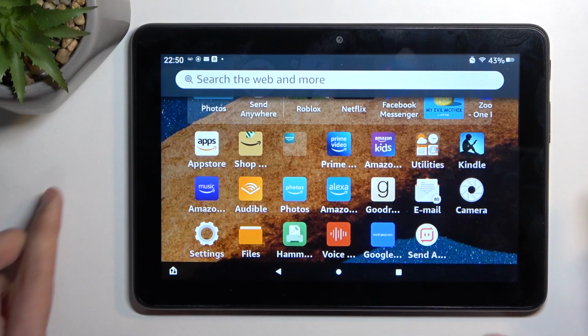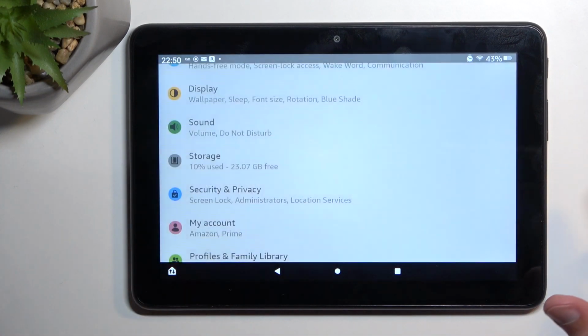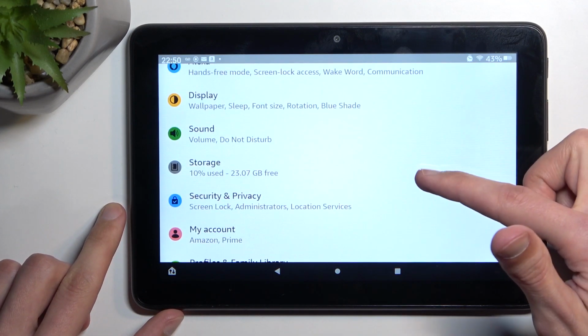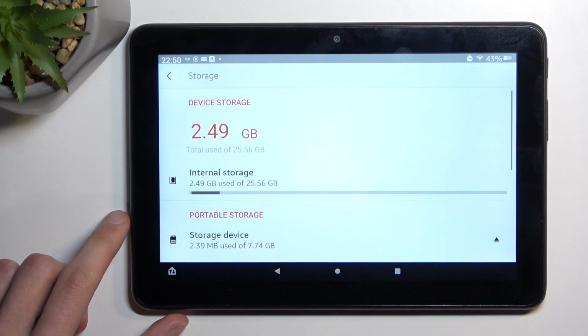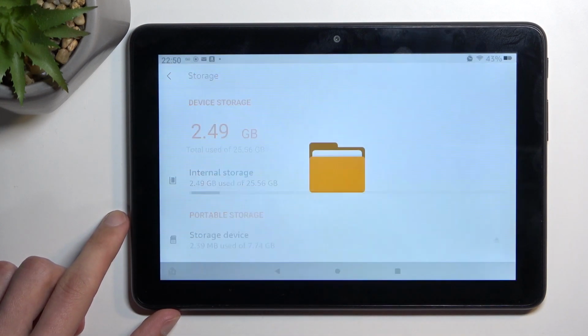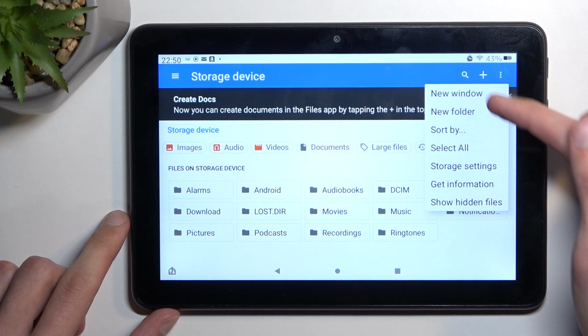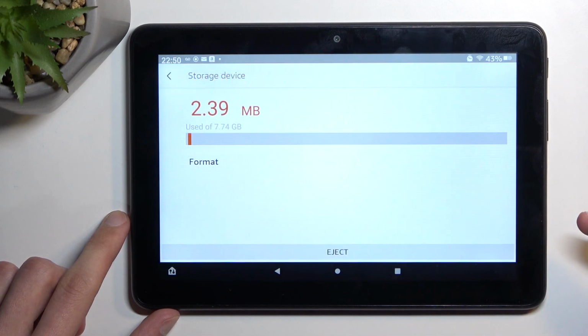So to get started, you want to navigate into your settings right over here. From there, scroll down till you get to storage section right here. Tap on your SD card, and once it opens it up, you want to click right here on the three bars, select storage settings, and